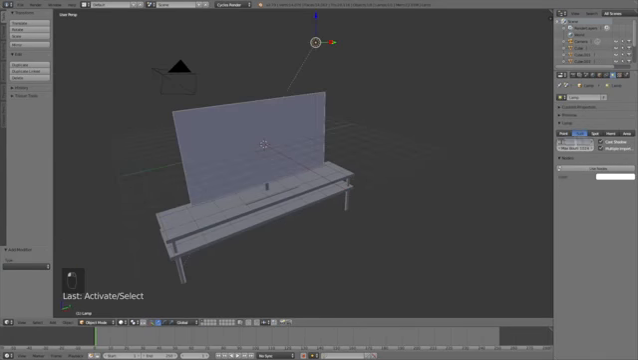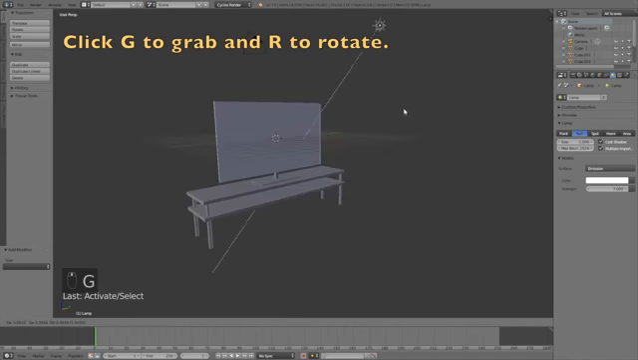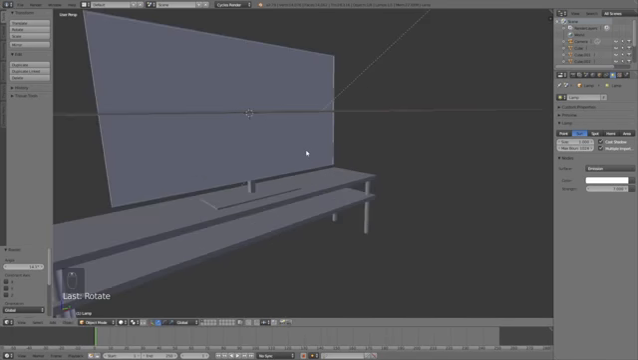So select the lamp, change it into a sun, change the size to 1, and then change the strength to 7. And click G to grab the sun, and then click R to rotate the sun. And then let's select the table and add some materials to the table. So right click to select the table,